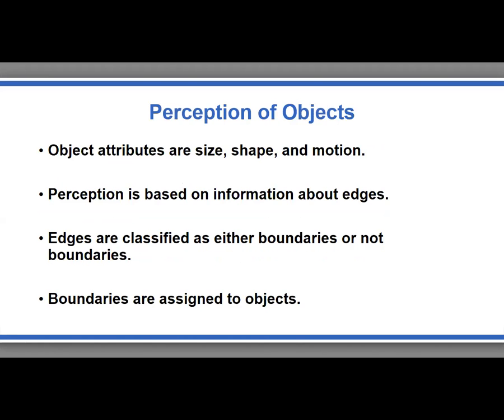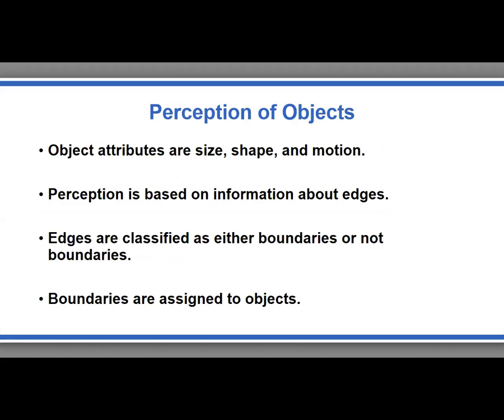Perception of objects. Object attributes are size, shape, and motion. Perception is based on information about edges. Edges are classified as either boundaries or not boundaries, and boundaries are assigned to objects. So if somebody's throwing a frisbee versus a ball, your perception of how close it is, how big it is, when it's going to arrive, and all that is different based on the object and the way that it's moving and coming towards you